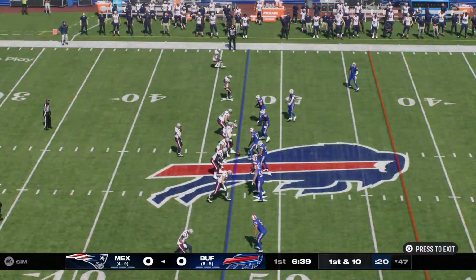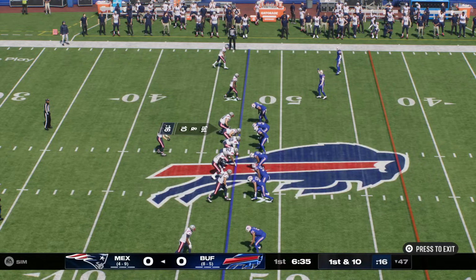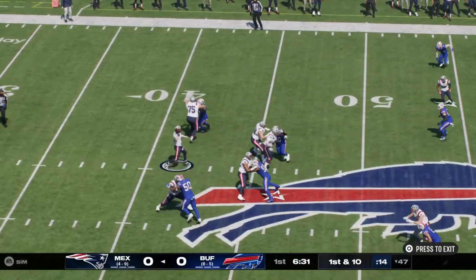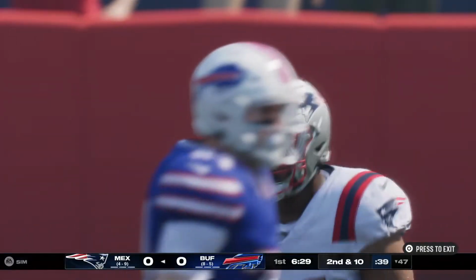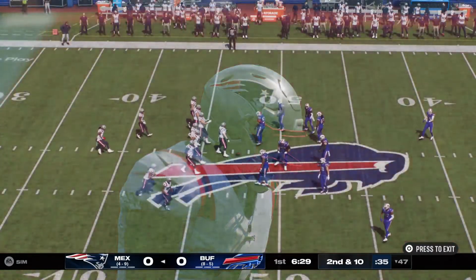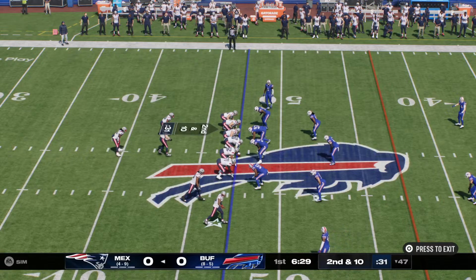Starts all over again, so the best way out of this for them, they need something positive to happen early in this game. That's a great way to help break this losing skid. They'll look to throw now on first down. And his throw's going to be incomplete. And a good opportunity just went awry there, a dropped pass. I guess that's why they call them running backs and not catching backs.